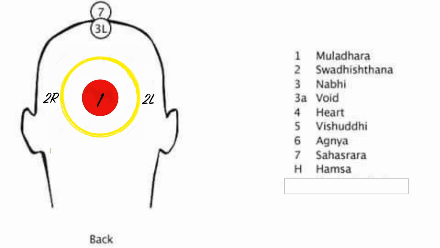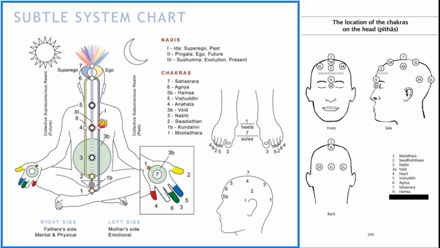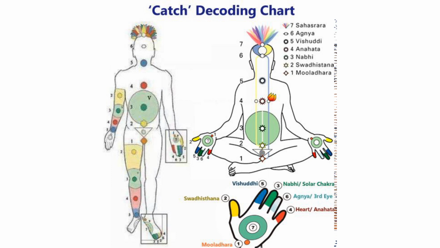Behind the head, we know that the channels cross at the level of the sixth energy center and move in opposite directions, and hence the Swadhisthana chakra is also placed on the opposite side. You can see the number 2L, which represents the left side of the Swadhisthana chakra. It is actually on the right side of the head because the left channel crosses and goes to the right side of the head. So we already know about the overall reflections of the Swadhisthana. And if we feel only the left upper arm and the left thigh, that means the left Swadhisthana chakra is having an imbalance. This is how we can decode our catches.